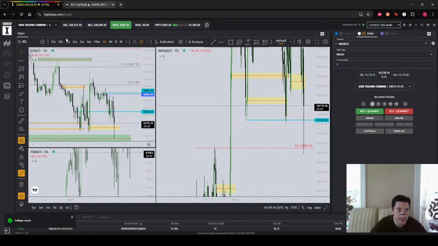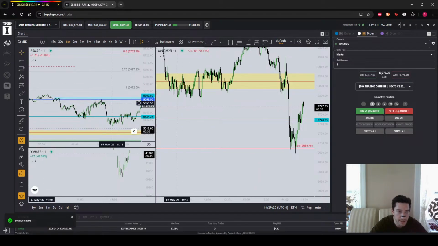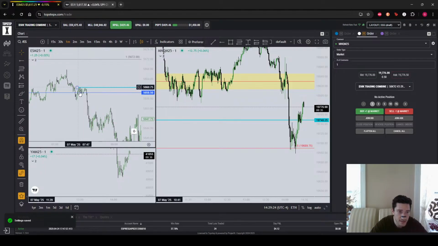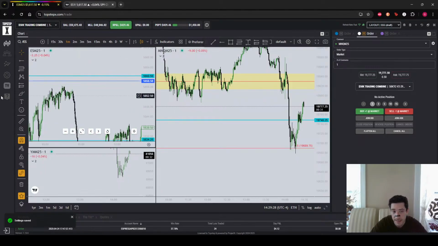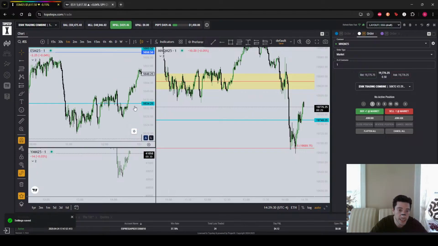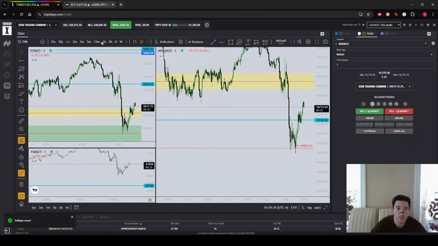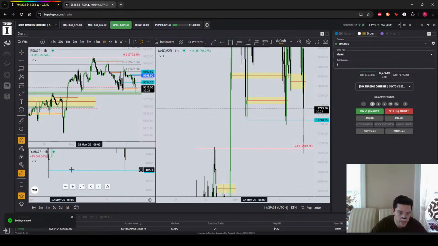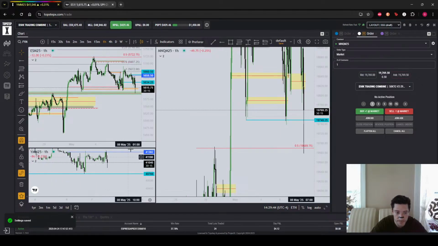On ES, I really like these 1 minute consolidated equal highs, not only here and here, but right here. You have this original consolidation right by midnight. I think it's possible that we could rally up into that, and I would be looking at that. On the flip side, we have the Dow. Dow has these equal lows right here, so if we do want to go lower, I think Dow could go lower.